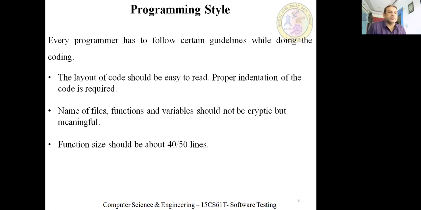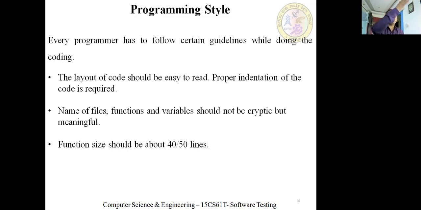You've done your C programming, you've done your data structures, or your ADA programming. What is that? Indentation means what? Proper spacing, you can call. Proper tabs. So after the main, you may use one tab, then you put a brace. Then after that, again a tab, and you may write the code. So if somebody goes through that, they can understand which is the program, what is the logic, which part, how many lines are there in that particular braces, everything. That is what we call indentation. Proper spacings and proper use of braces. That is what we call proper indentation.